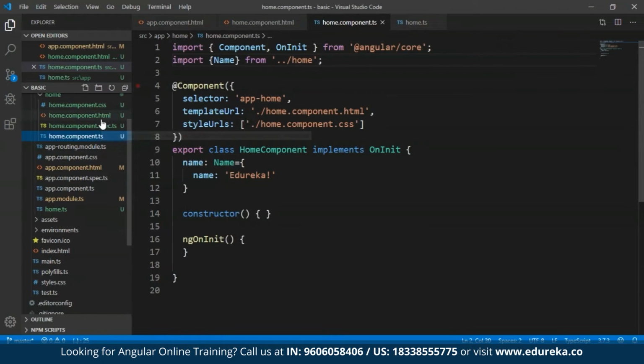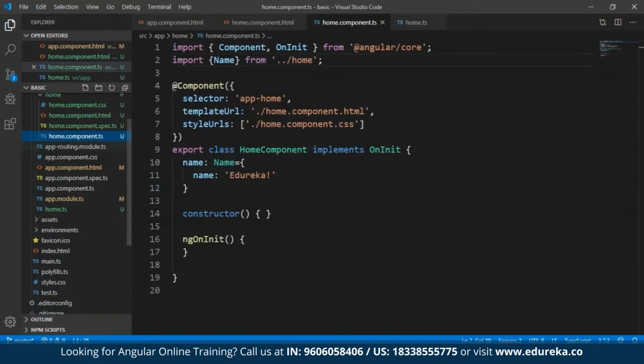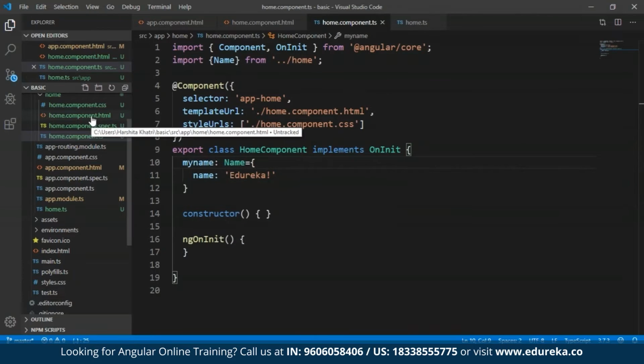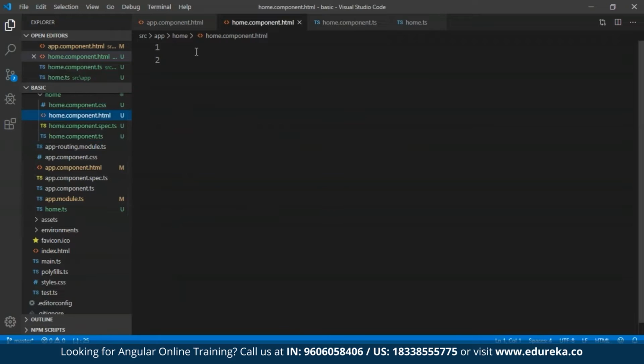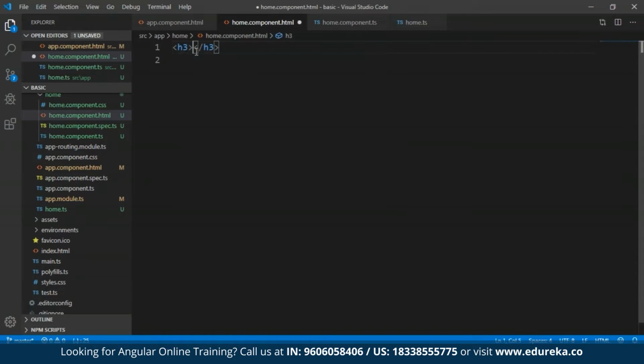I'll move on to the home component.html file. I'll just delete this. So one thing that I want to do over here is change the name of this variable, since I already have this variable present in the name class. So I'll just call this my name and I'll save it. So now I'll go to the home component.html file, and over here I'll just specify an h3 tag, and within